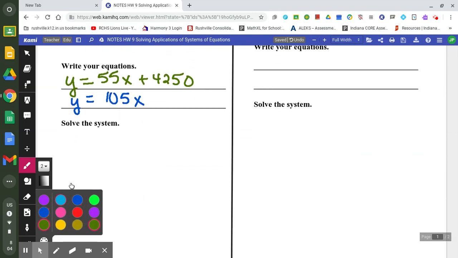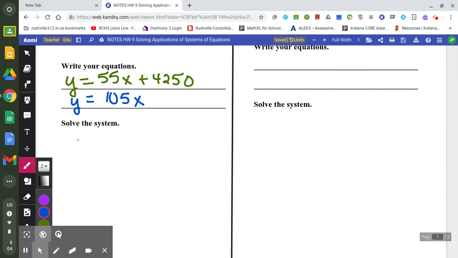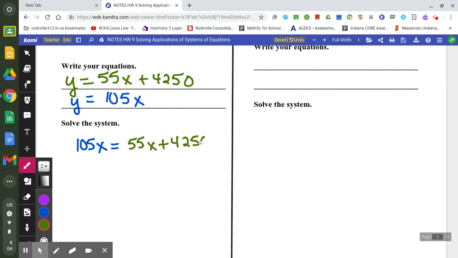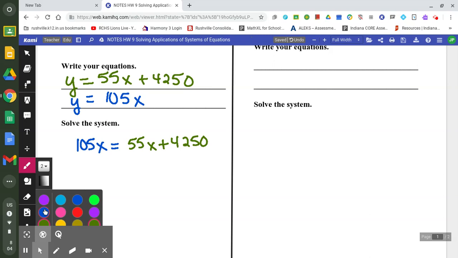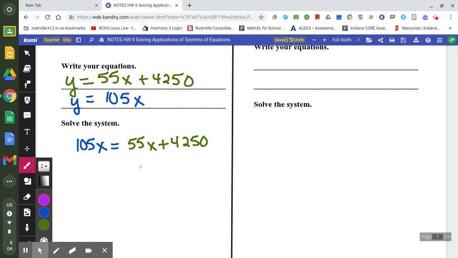So I'm going to put it this way: $105 per bike equals $55 per bike plus the $4,250 it costs to run the store. So if I put those equal to each other, I will be able to find out how many bikes they need to sell